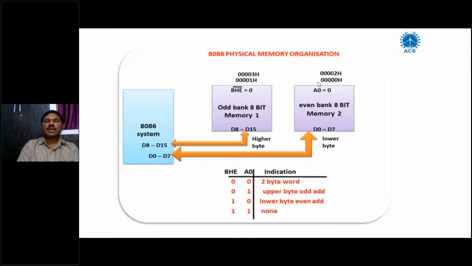These are the address locations 00000, 00001, 00002. These are called odd values and these are even values. That's what is called the even bank, and this is called the odd bank because these are all odd values. With the odd addresses, the higher byte of data will be stored, and with the even addresses, the lower byte of data will be stored. Why do we need this? Because the 8086 is a 16-bit microprocessor, yet it stores data byte by byte; 16 bits of data cannot be stored at a time. So by using this table, we can call at a time 16 bits of data, or the higher byte or the lower byte of data.